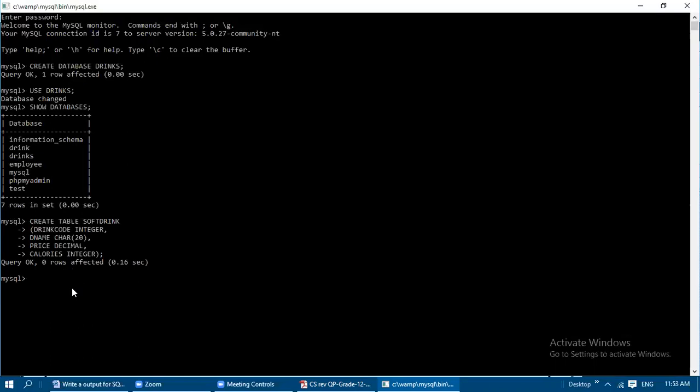So now if you want to see the structure of this created table now, we need to give describe, DESC or describe, the full name itself we can give. So DESC or describe, table name we need to give. So what is the table name here? Soft drink. So we will give DESC or describe. Okay. See, first I am going to give describe, table name is soft drink,